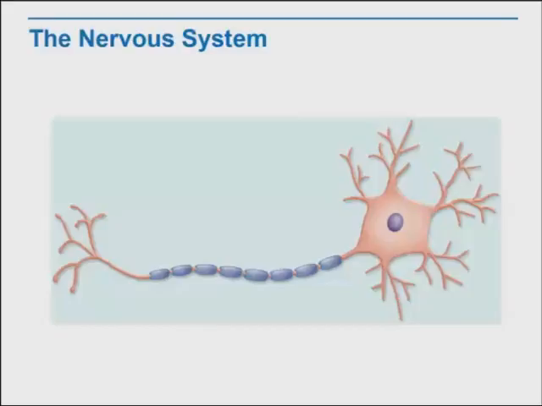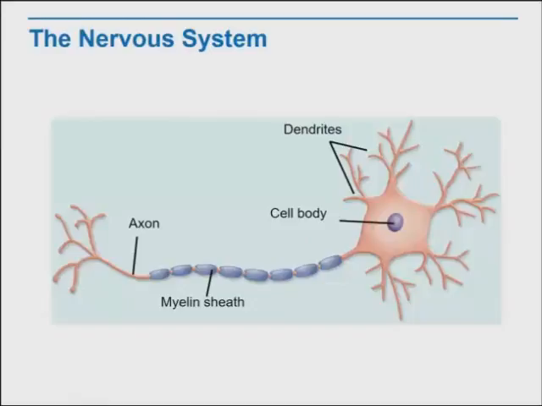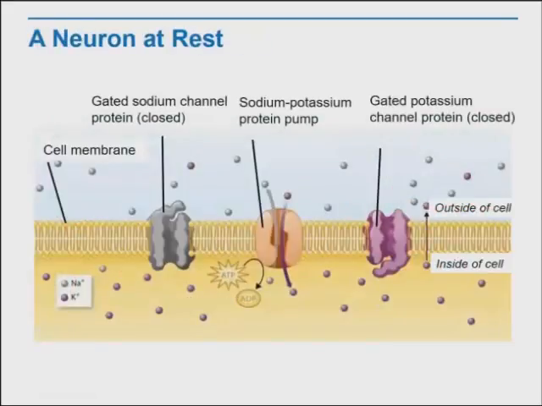All neurons have certain features in common. These include a cell body, dendrites, an axon, and in many neurons, a myelin sheath. Neurons carry information by using specialized proteins in their cell membranes to create small electrical currents. Neurons at rest have an electrical charge, negative 70 millivolts, called the resting potential, between the inside and outside of their cell membranes. This charge is produced by membrane proteins that pump sodium ions out of the cell and potassium ions